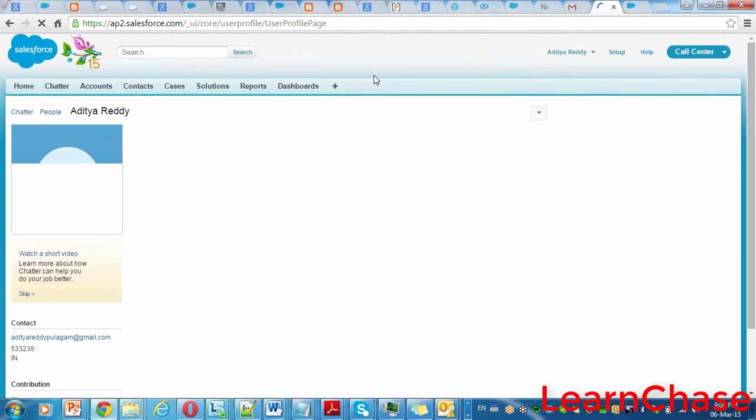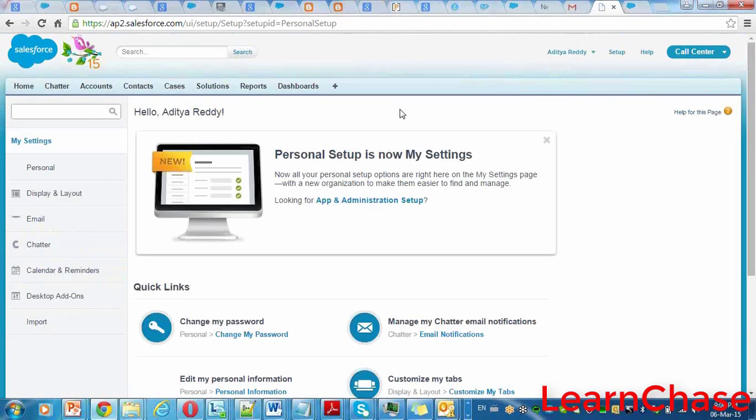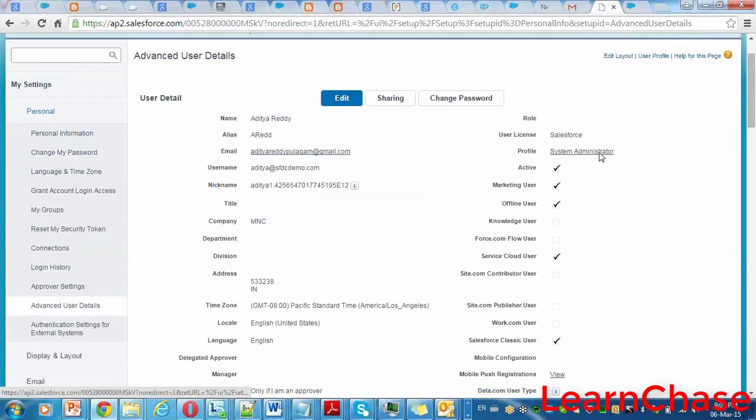Here is the place where you can see all the related information about you. This is the name that you have. This is the profile that is assigned to you, and these are the permissions that are assigned to you. And who is your manager and what are your timings.